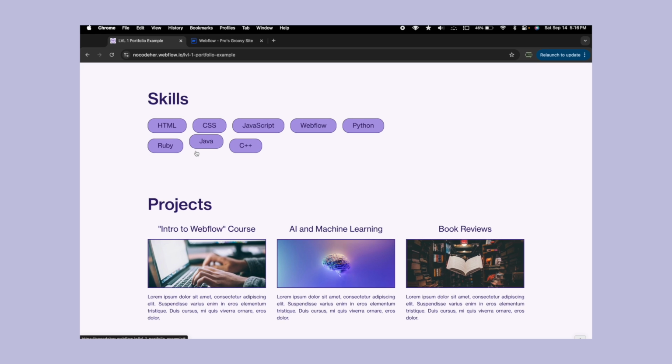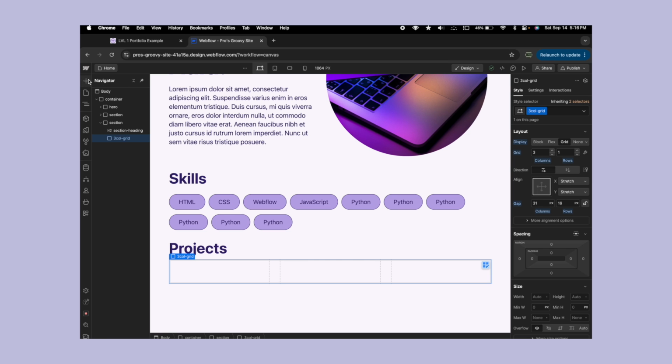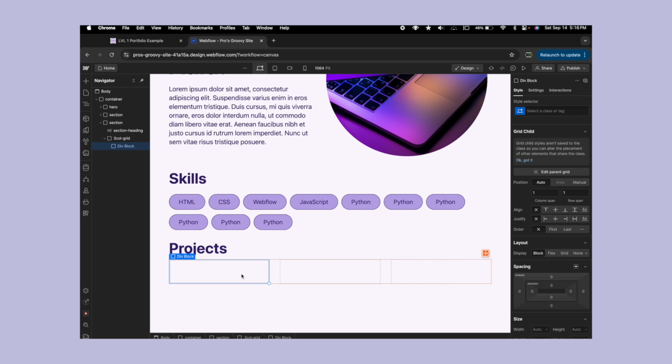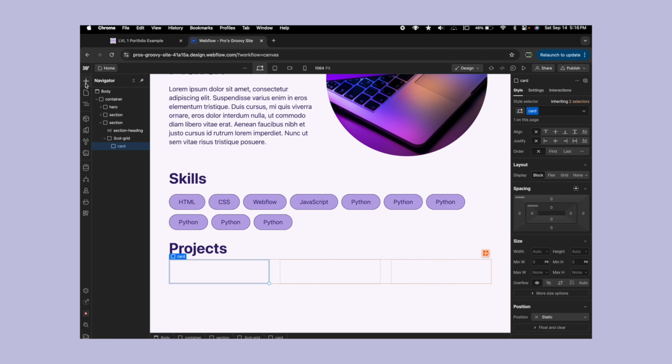We need to create a div block, a sort of grouping that's gonna hold each of these card elements, right? So each card has what? It has a heading, an image, and some paragraph text, right? So what we need to do is create a div block that's gonna hold those 3 things for each of our cards. So I'm gonna grab a div. As you can see, it gets automatically put into that designated grid-like space, and I'm gonna call this card. Okay, so this card is gonna hold our heading, so I'm gonna drag out a heading into this card,